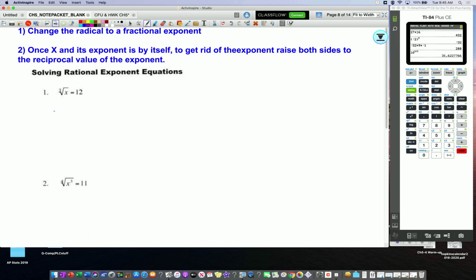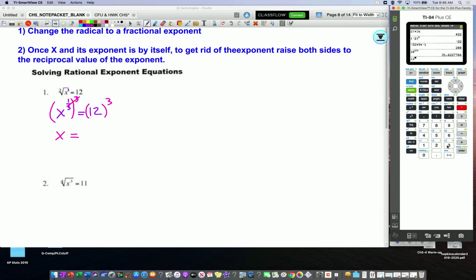On the first one here, it says the cube root of x equals 12. So I rewrite this as a fractional exponent. Remember, the numerator would be 1. The denominator would be 3. So I have x to the 1/3 power equals 12. Now I want to get rid of the 1/3 power, so I raise it to the reciprocal. Flip the fraction. 1/3, flip it, is 3/1 or 3. So I'm really just raising both sides to the 3rd power. So I get x equals 12 raised to the 3rd power,